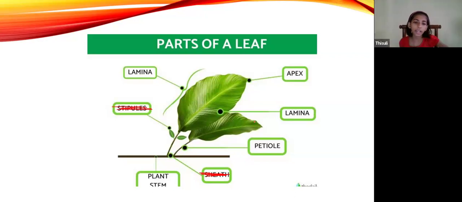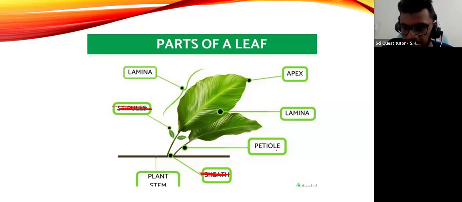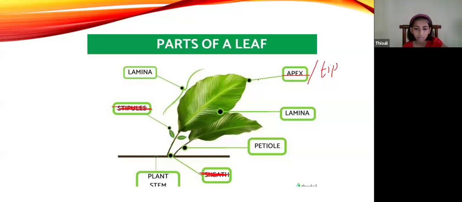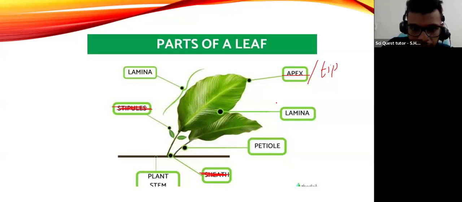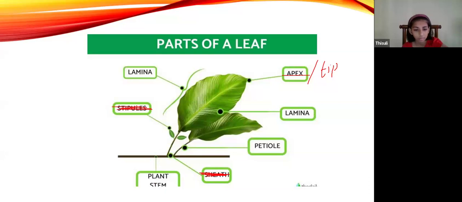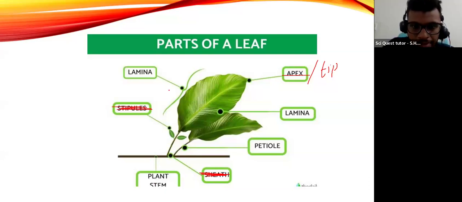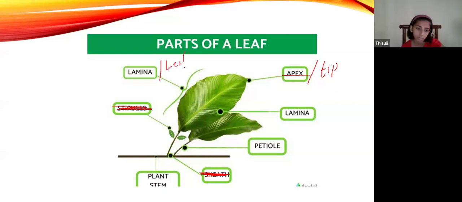So should we study this method or the textbook method? Which question is it, dear? Let's stick to the textbook, right? But just generally, there is some information given. So for the apex, in the textbook they have given us tip, isn't it? The tip, right? So you can just say apex or tip. Both are fine. Then plant stem. This is the plant stem. Stipules are not there for you all. And the lamina. Lamina is actually what they call leaf margin